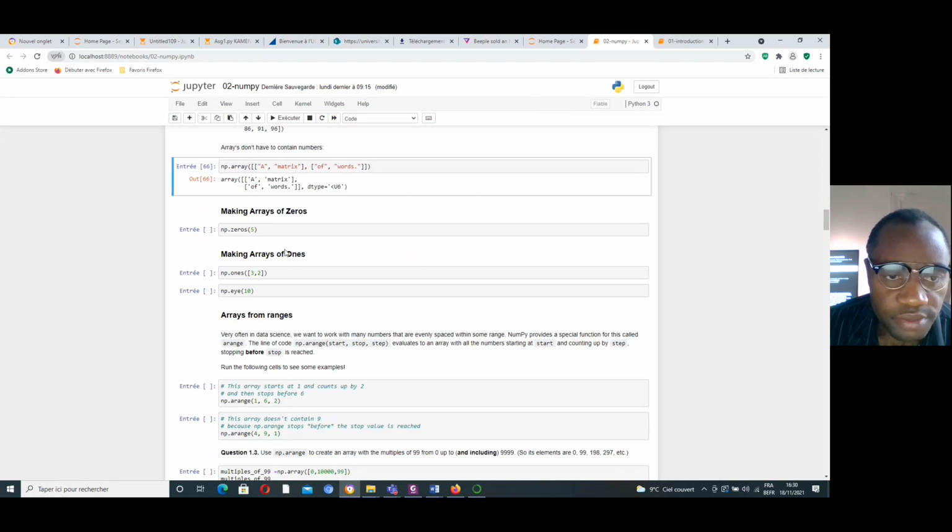This function puts 0 in the array. I put 0 in every column, every line.